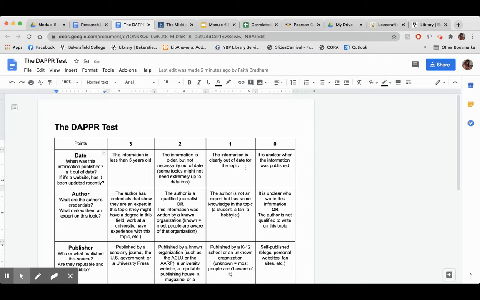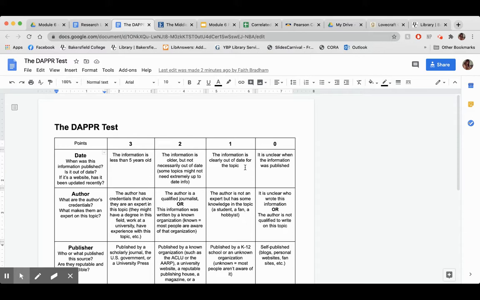1 is for if the information is out of date for the topic. 2 is for the information is older but not necessarily out of date, because some topics might not need extremely up-to-date info. So let's think about our topic. Our topic is the Middle Passage, which happened 300 to 500 years ago.